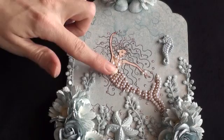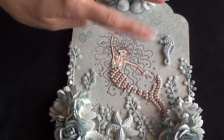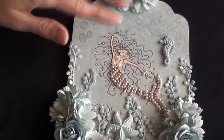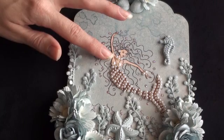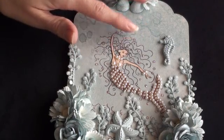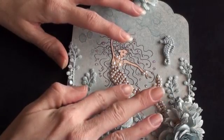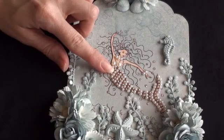Okay, I'll start with the mermaid. So obviously she's a stamp with long flowing hair, and what I did is I stamped her directly onto the tag, and then I also stamped her onto card, and then I fussy cut the card out, so that the hair was on the stamp and I didn't fussy cut the hair out on the card. And then I just used these tiny